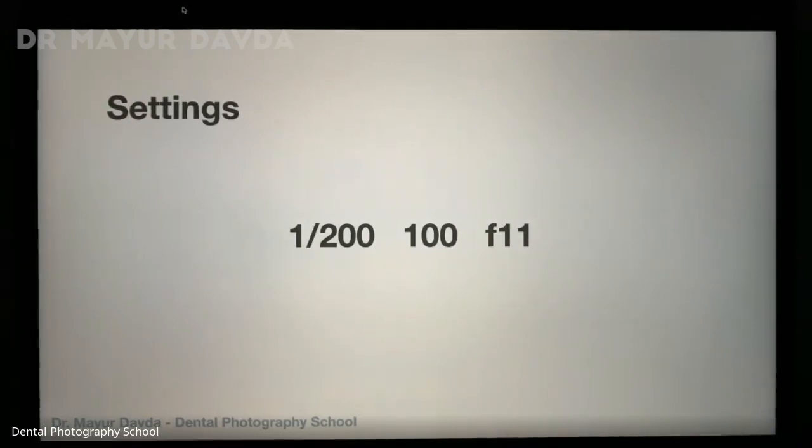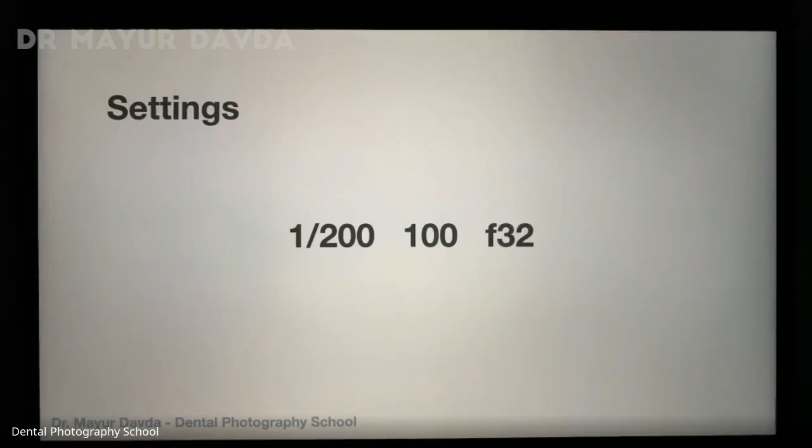If you want to use mobile phones as well, even in your mobile phones, you can keep a shutter speed of 1 by 200, ISO 100. But unfortunately, on your mobile phone, you cannot change your f number. It's one of the reasons why I do not suggest using mobile phones. But definitely, shutter and ISO you can change in your phones as well. So these are extraoral settings, and